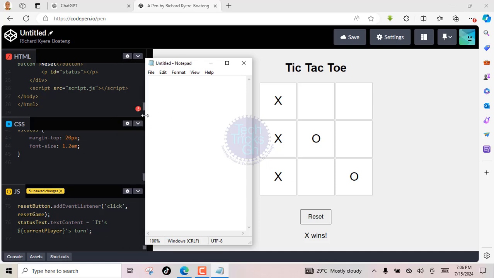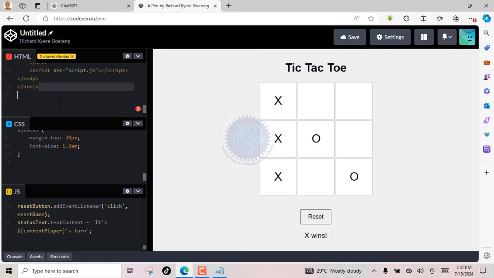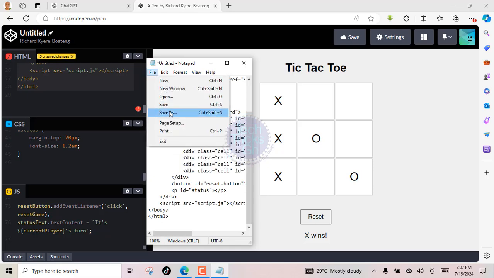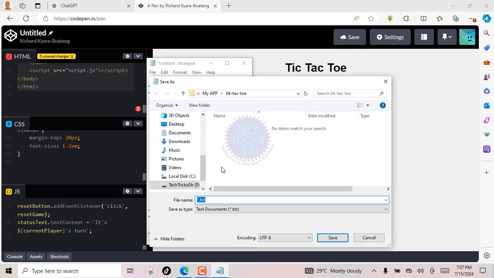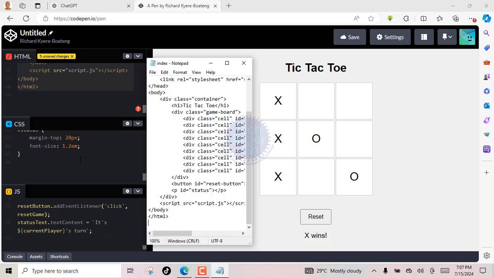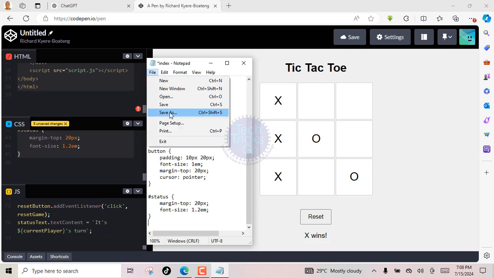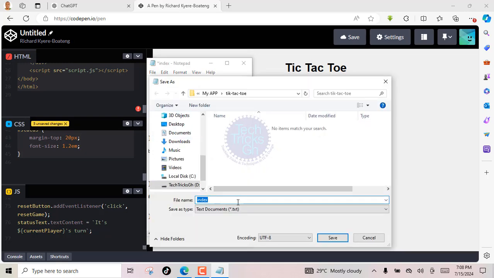Open Notepad and press Ctrl+C to copy the HTML code and Ctrl+V to paste it in the Notepad window. On the File menu, select Save As to save the file into the Web App folder with the name and extension index.html. Again, press Ctrl+C to copy the CSS code and Ctrl+V to paste it in the Notepad window. On the File menu, select Save As to save the file into the Web App folder with the name and